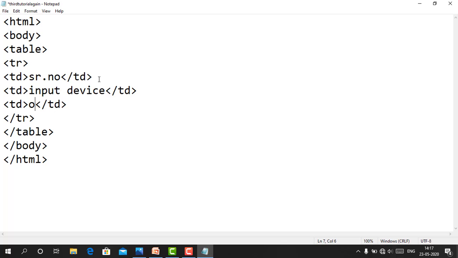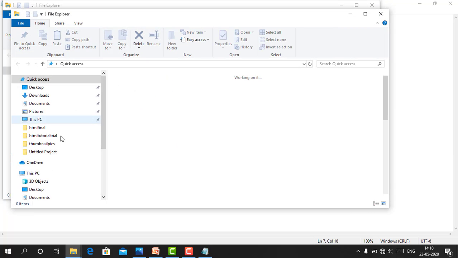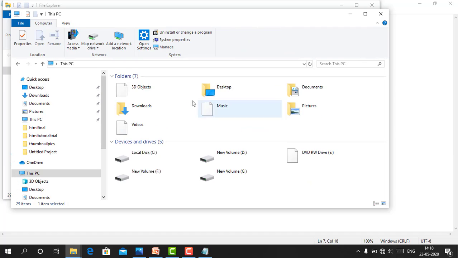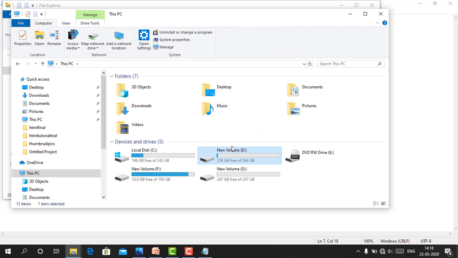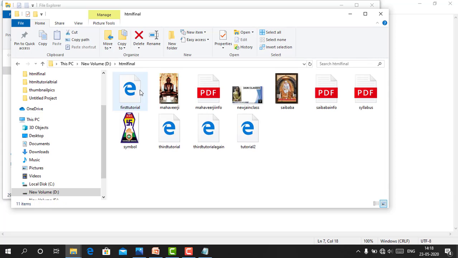Input device and output device. Okay, let's save, and where we have saved the program, just open it and we have to run that program. So D drive, HTML final, third tutorial again.